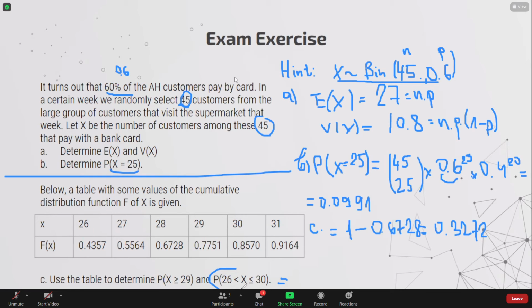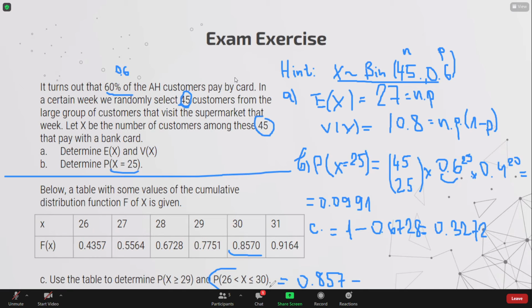We just have to take a look at where the 30 goes. Here we have the probability of having 30 customers is 0.85, which includes all customers up to 30. It could be 25, it could be 30, it could be 28, doesn't matter. So we have to take that probability, which is 0.857,